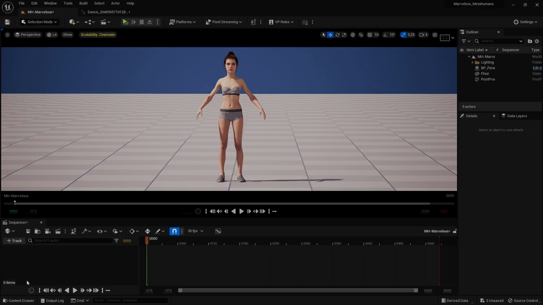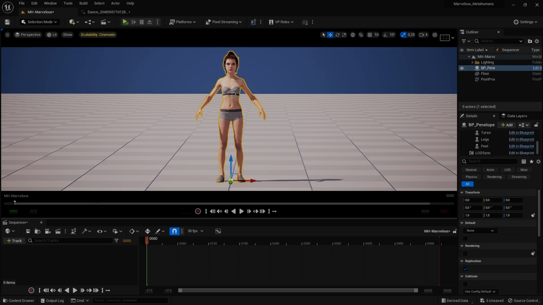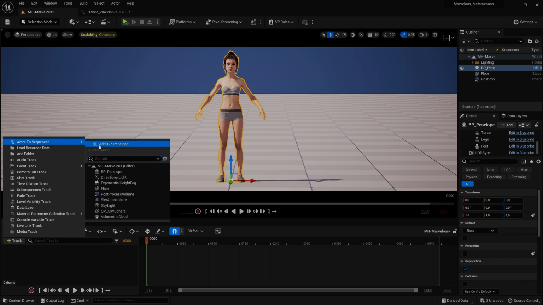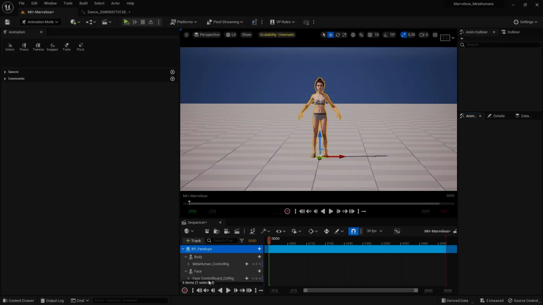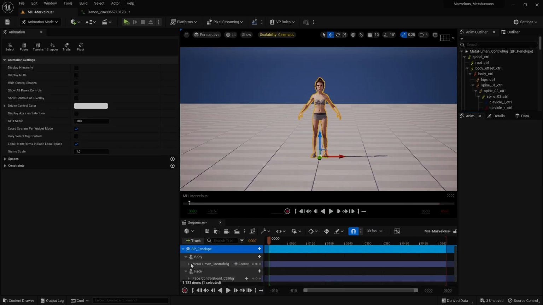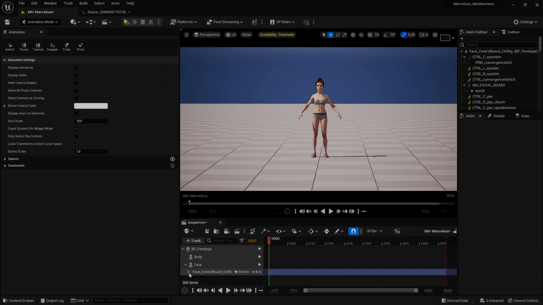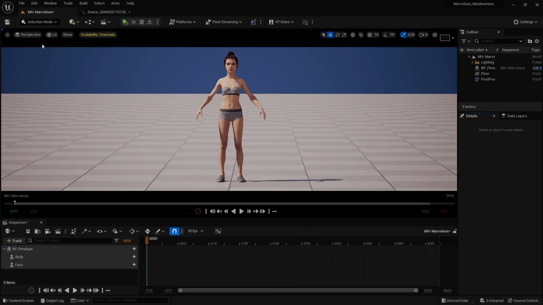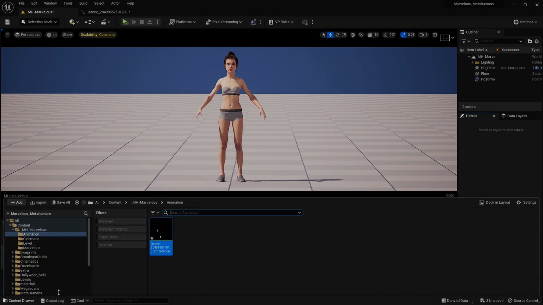For now, we will go to the sequencer, add Penelope as a blueprint in here. Then click on the MetaHuman control rig and the face control rig board. Just delete those, then go back to normal mode. So now we can add our animation.